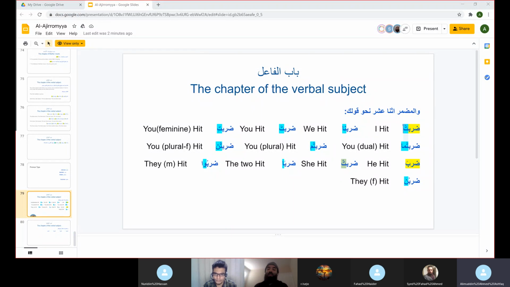So we'll go one by one. Darabtu becomes aslamtu. Darabna becomes aslamna. Darabta becomes aslamta. Darabti becomes aslamti. Darabtuma becomes aslamtuma. Darabtum becomes aslamtum. Darabtunna becomes aslamtunna. Daraba becomes aslama without any pronouns attached. Darabat becomes aslamat. Darabu becomes aslamu. Darabna becomes aslamna. You see how it is? You can actually right now take any verb that you want and add these pronouns to it.